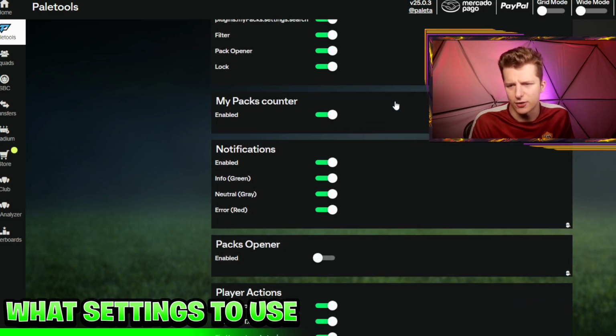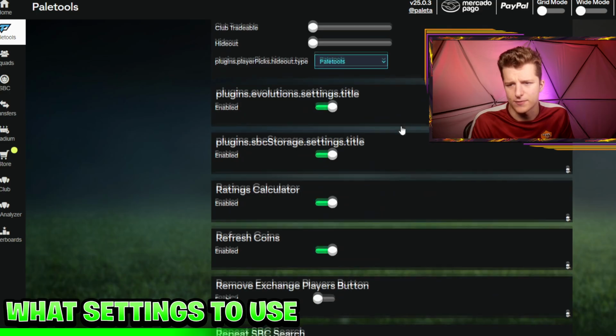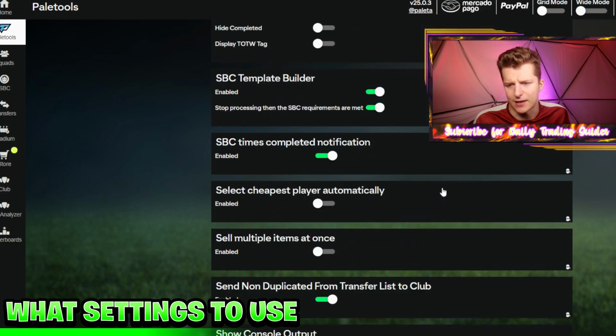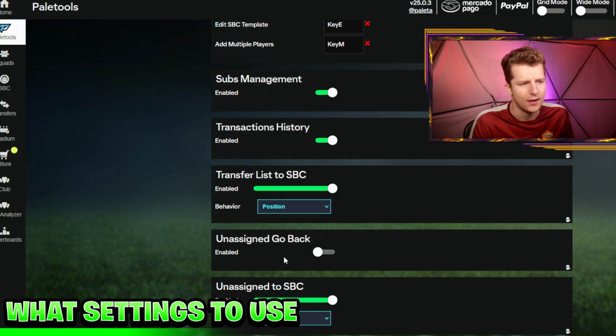Again, a lot of market stuff. I don't really do stuff regarding markets. I don't really do the pack opener. There's a warning that pops up there. And apart from that, I think repeat SBC search should be enabled anyway, so that's a good one to have. The other ones you want to do is scroll to the bottom, and then you want to go and have unassigned to SBC,